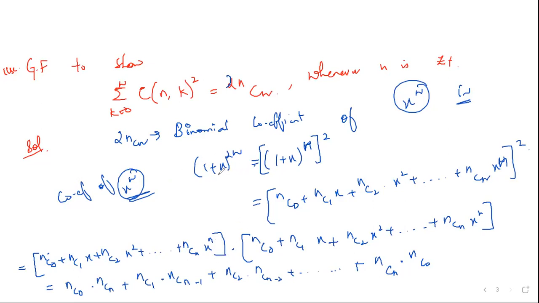Okay. So now, what is the coefficient in 1 plus x power 2n? It will be the sum of nck whole square, k is equal to 0 to n. And if you notice, this is again equal to the sum for k is equal to 0 to n of nck whole square. Why is it equal? Because NCn minus r is equal to NCr.